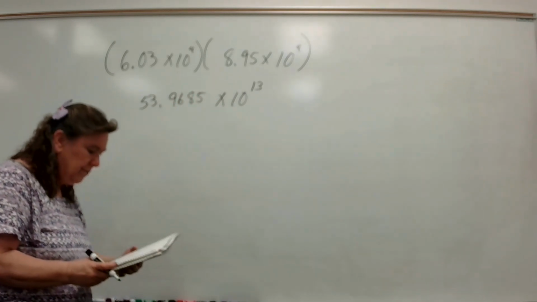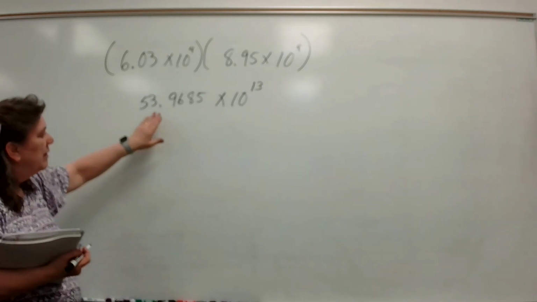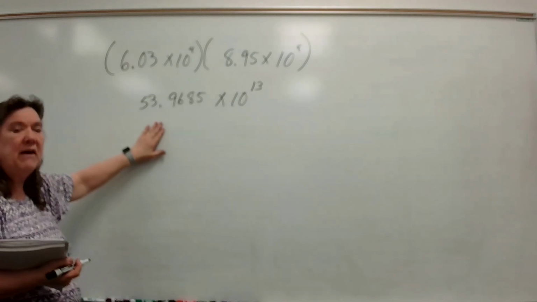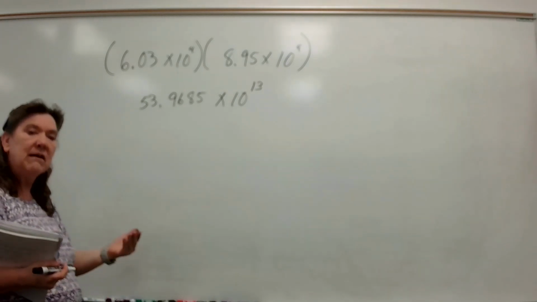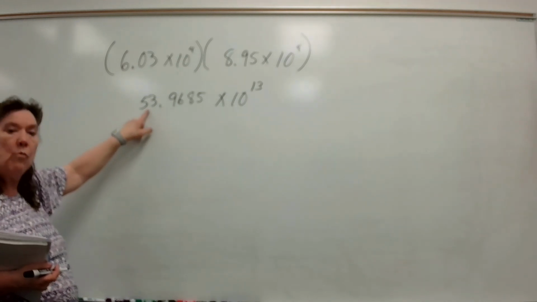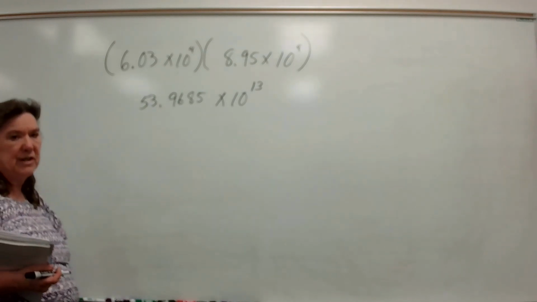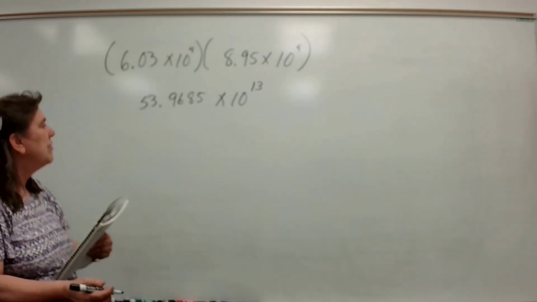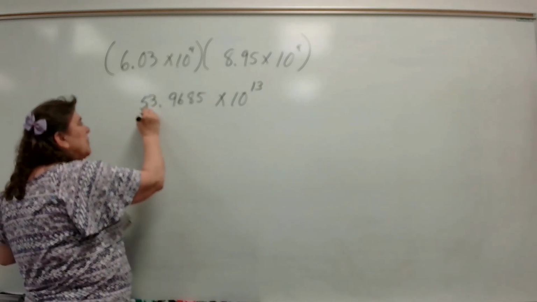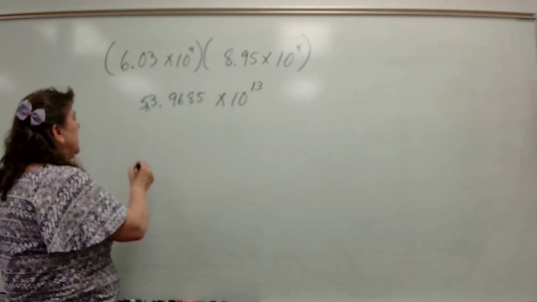Okay, now, what's our problem? Well, 53.9685 is not in scientific notation. Why? Because I have more than one digit to the left of the decimal point. I have two significant digits to the left of the decimal point. Therefore, to become scientific, I'm going to have to move my decimal to between the first and second one. So this becomes